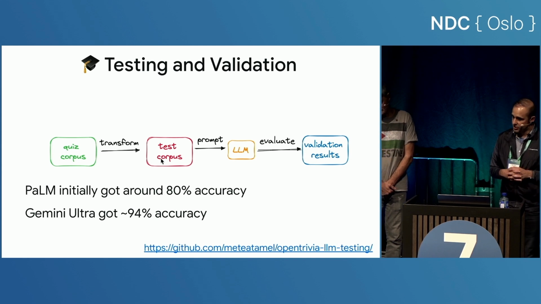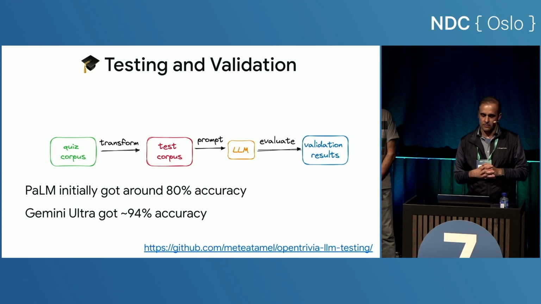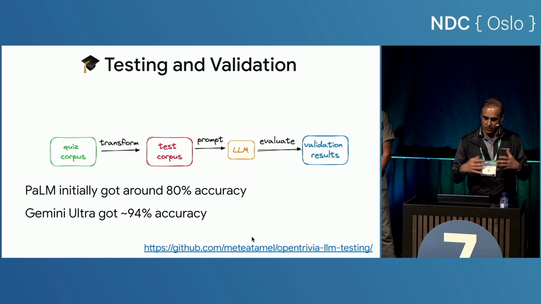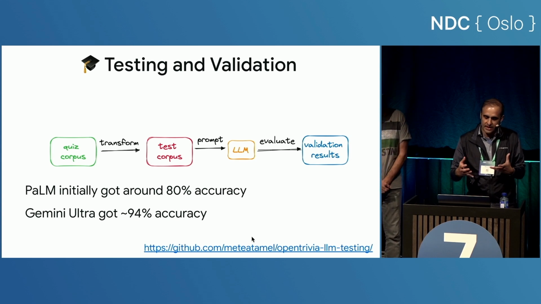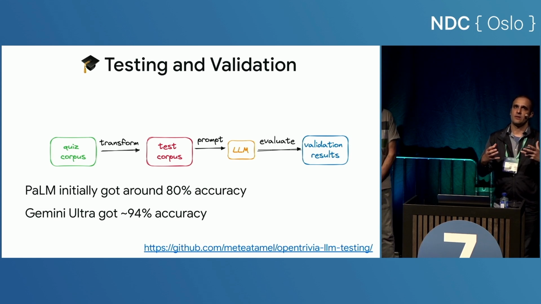And what we found out is that PaLM, the model that we used initially, was around 80% accuracy. So it knew 80% of the time if something was correct. So that wasn't that great. Now the Gemini Ultra, the latest one we use now, is around 94%. So it got better. It's not 100%, but it's not bad either. So it gets it most of the time. You can take a look at my GitHub repo to see what kind of things you can do. But the point is that you need to have something like this where you can basically measure things in whatever way you need to measure, so that when you change your prompts, you can see if it made things better or worse.